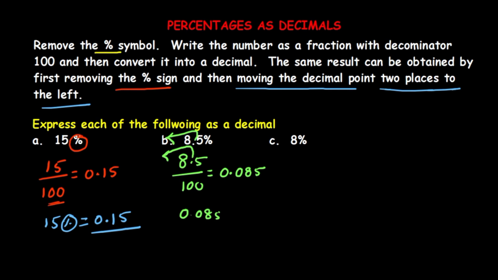So try to answer this question now, that 8% in the same model. So without taking this divided by 100, we will try now. So 8. Okay, so we should remove this percentage symbol, and 8 I have taken. So before this 8, the decimal point should move to the left side, 2 places of the decimal. 8 is only 1 digit, so for 1 more digit I have taken 0 here. So the answer then you get 0.08. So 0.08 is the answer for this question. So this is the model converting percentage as decimals.